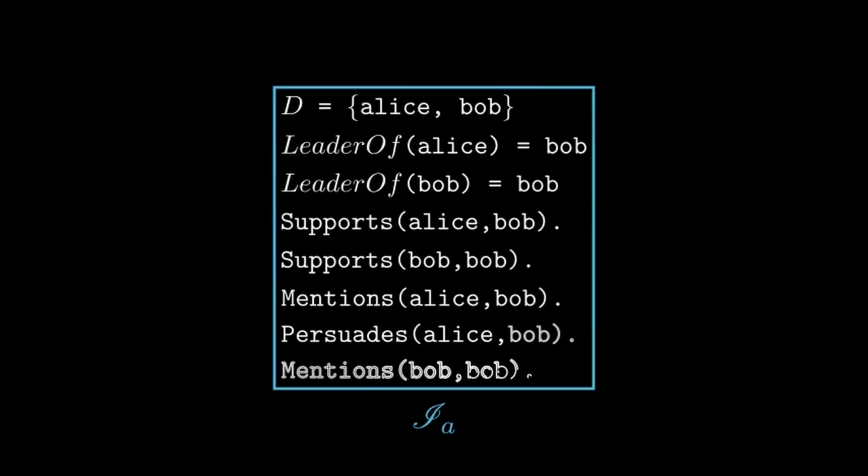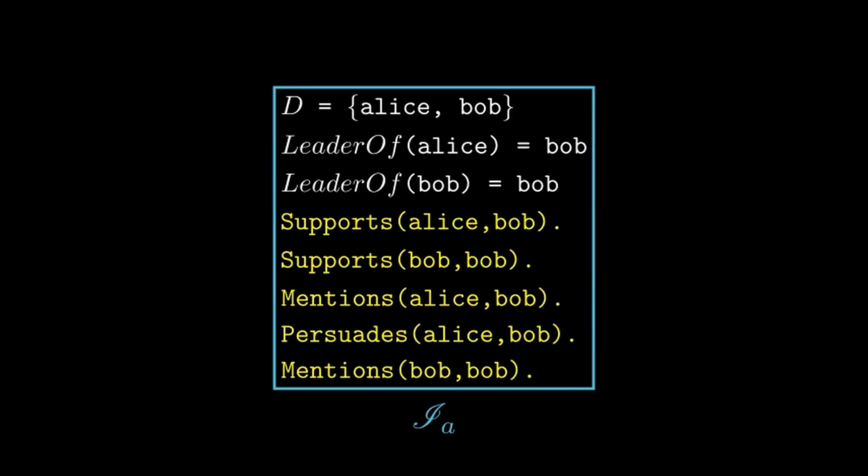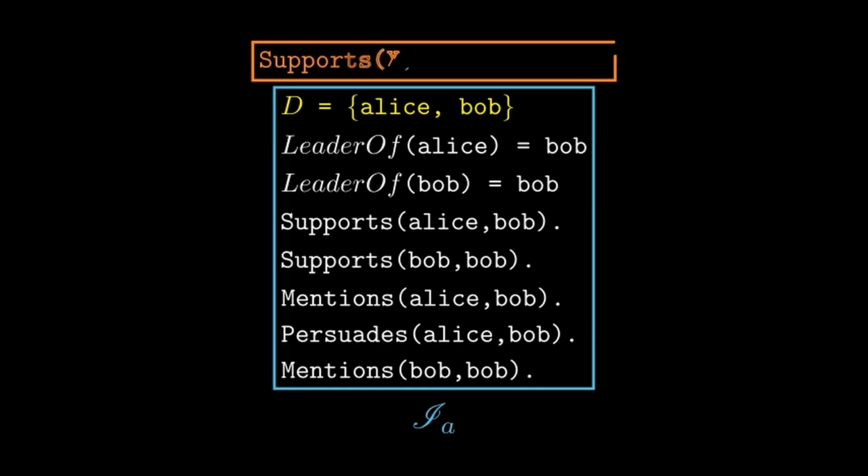Functions are the same as in math. Given one or more inputs, they produce only one output. In this sense, they are somewhat like rules, but don't mix them up. Functions are defined over the domain. All the inputs and outputs in our case are people, not facts or collections of them. So Bob is the output for the input Alice here. Predicates are like functions, except they map to either true or false. An instance of a predicate is called a fact.